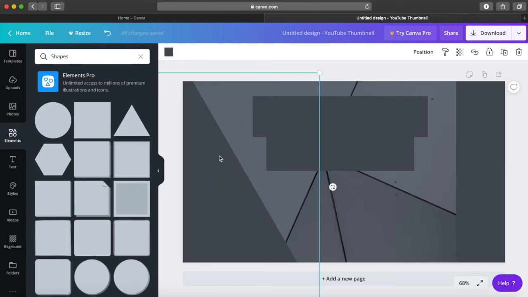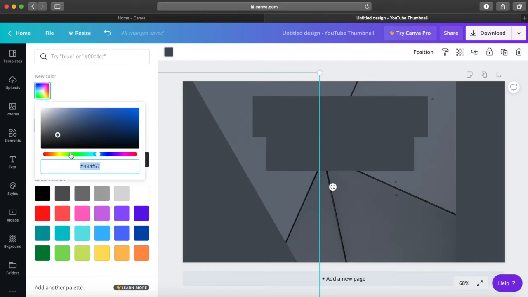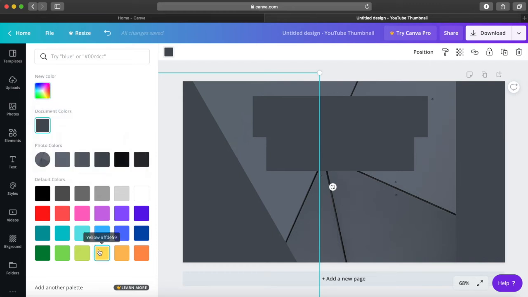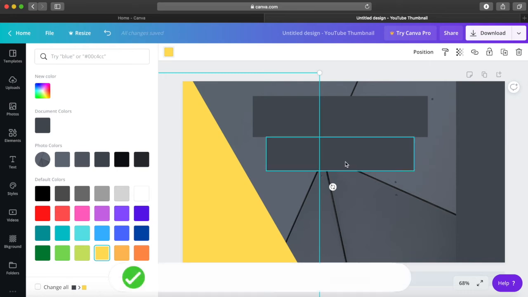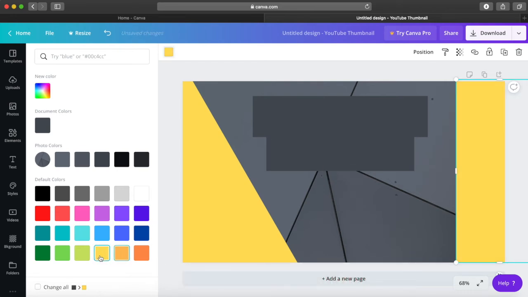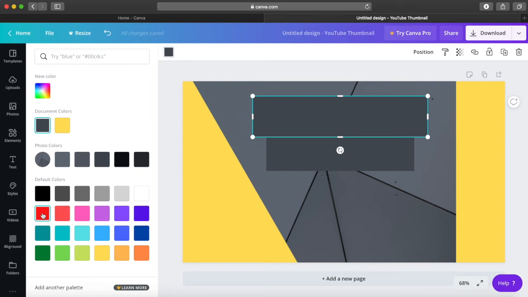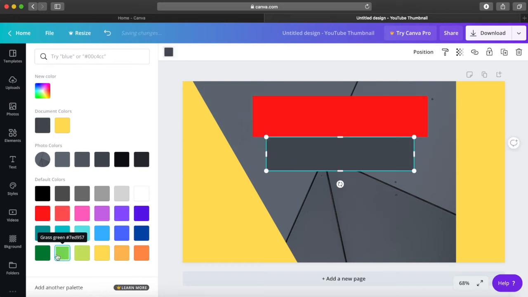Now you see that box, the square on top of the page. So that's your color option. So you can actually change the color of these shapes that you have installed. There are some colors which are already available, and you can select a new color as well. So I'm gonna select yellow because that goes with my theme, and I'm gonna select yellow for the other box as well. For the heading box, I want to select something which is more eye-catching, so I'll probably go with a green or a red. So red for the heading box and then green for the subheading box.